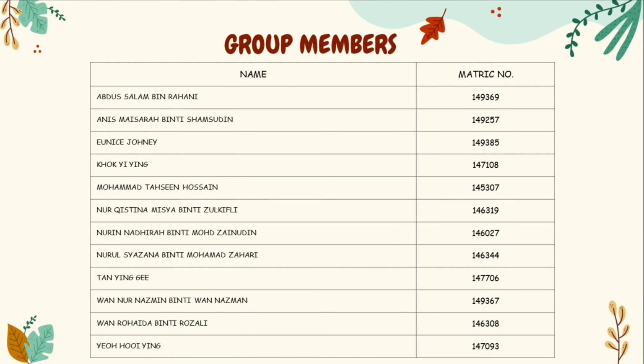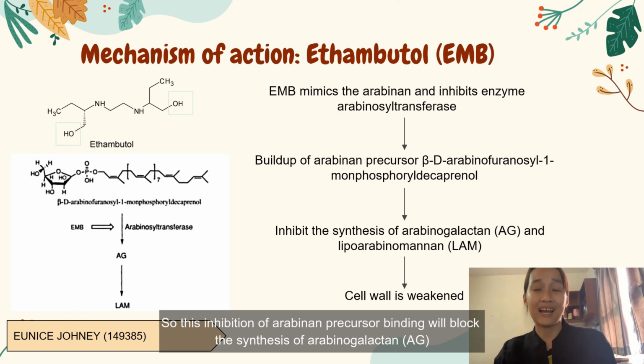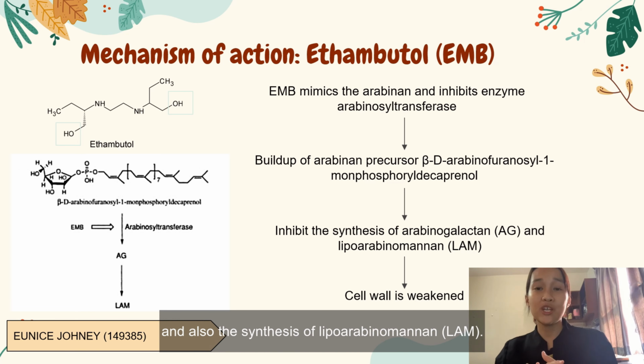Okay, for the drug ethambutol, if you look at the structure, ethambutol consists of 2 hydroxyl groups which allow it to mimic arabinan and therefore inhibit the enzyme arabinosyl transferase. So this will lead to the buildup of the arabinan precursor, which is beta-D-arabinofuranosyl-1-monophosphoryl decaprenol. So this inhibition of arabinan precursor binding will block the synthesis of arabinogalactan, AG, and also the synthesis of